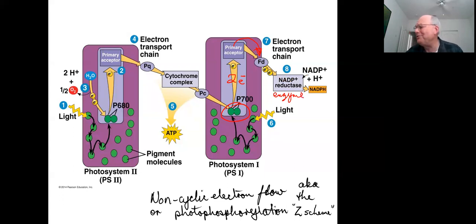And you should recognize this as an enzyme because it ends in ase. So the electrons are then utilized by the enzyme to reduce a molecule of NADP plus to NADPH. That leaves the P700 chlorophylls